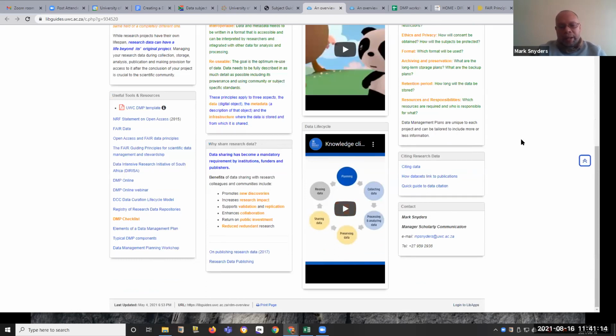Aside from the fact that you are mandated to share your research data in terms of being publicly funded, it does provide a return on investment. However, it also encourages further discovery. One of the things that's important to remember is that as researchers, one of the things that we often think about is that when we create our own research, create a new project and collect research data, one of the things that